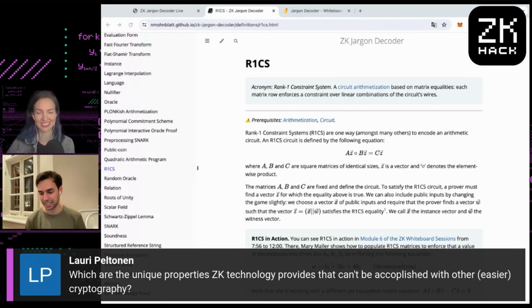Why use ZK? I guess it's in the name, right? Zero knowledge, and it's this privacy property that nothing leaks. And you can't get this elsewhere. Although, the MPC folks argue that zero knowledge is not zero knowledge because someone knows the secret, whereas in MPC, no one knows the secret, apparently. In zero knowledge, we're not saying no one ever knows the secret. We are saying my secrets remain mine, as long as I want them to.